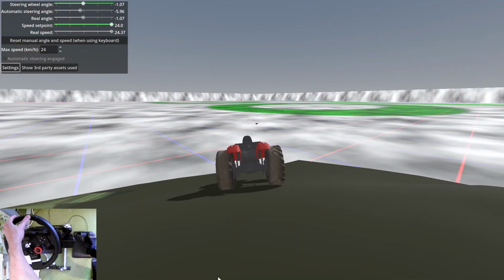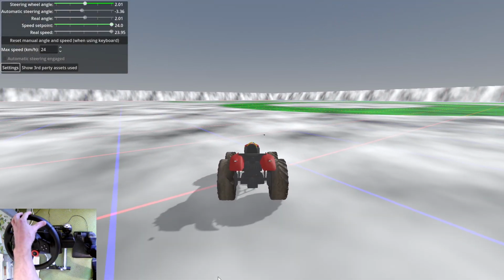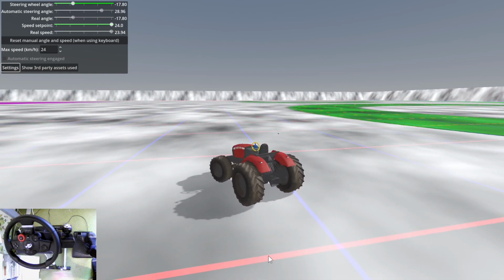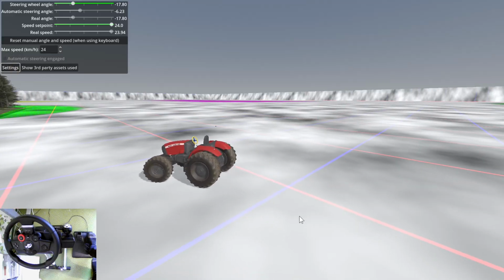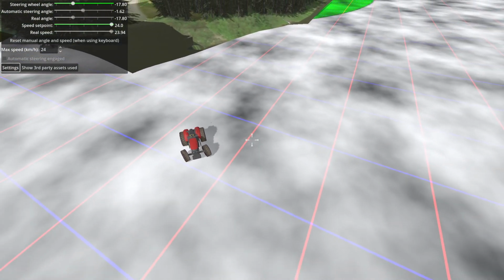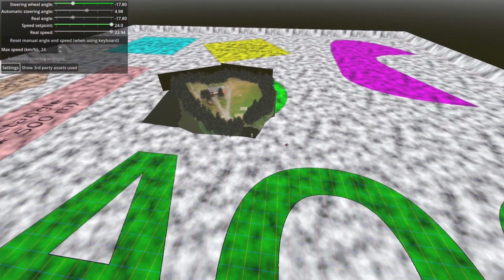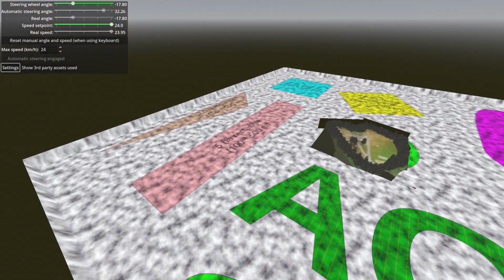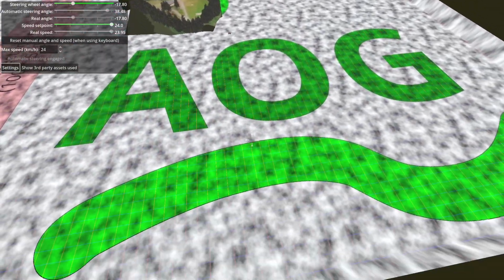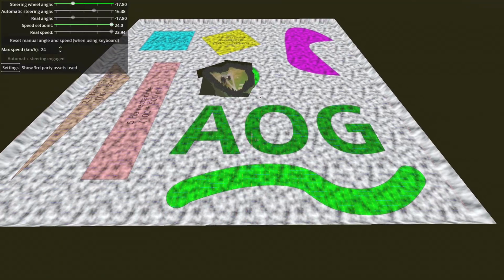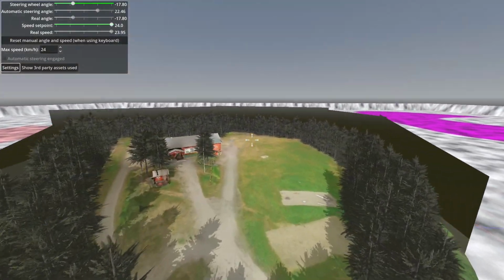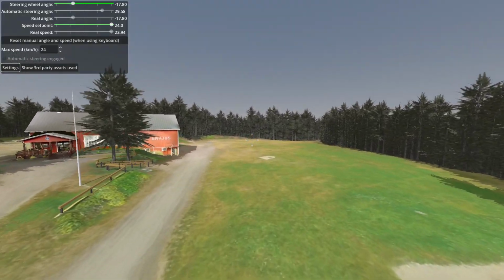So here's basically the world from the previous version of this simulator. It's this 1 square kilometer area with some field-like areas and such. And this new world, it's just added to the center of that.